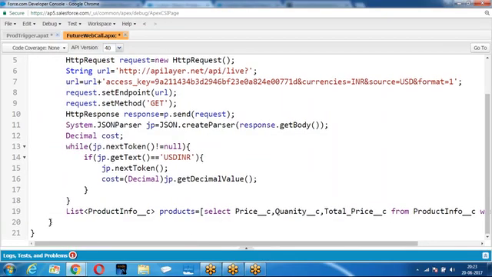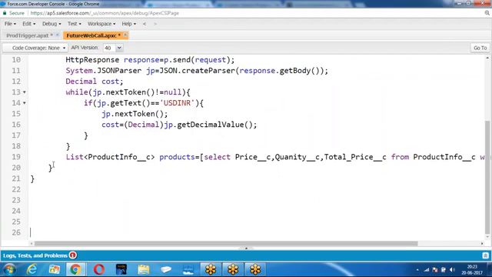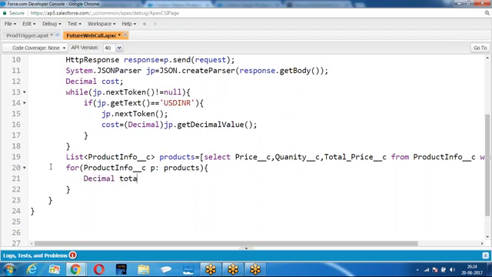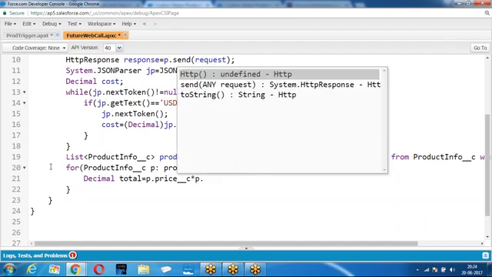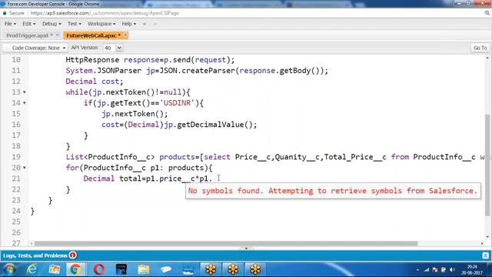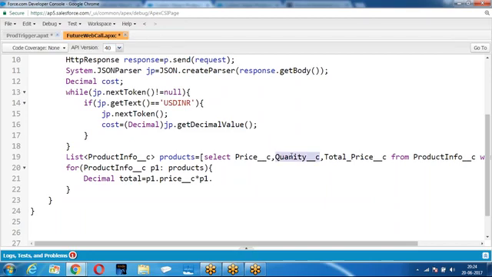So once you got the data, I need to update it. How do you update it? For p, p dot price, p dot quantity into cost.